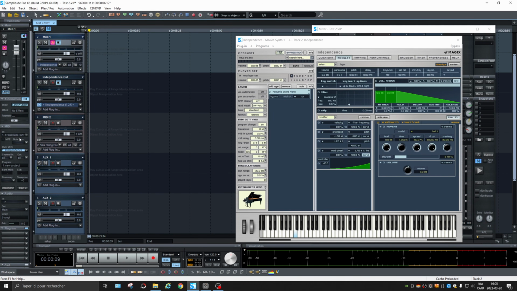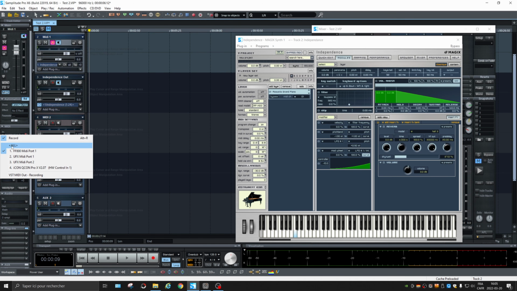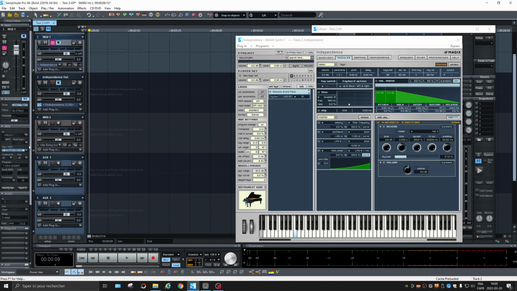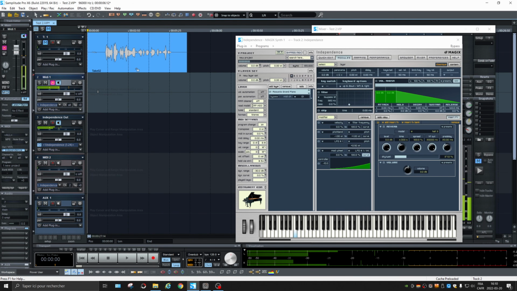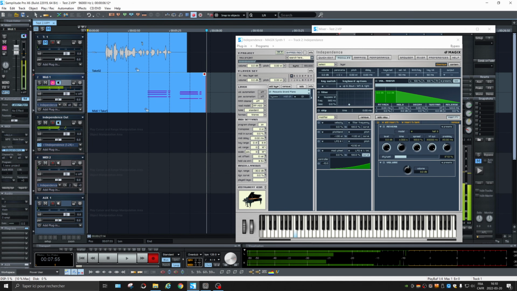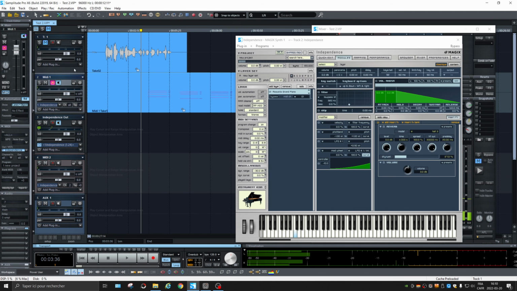And we can hit record the input. Now I'm going to use a controller, so I'm going to select every MIDI input. All right, I'm going to use a click, activate the click right here. And I'm going to play some piano. If we hit play,